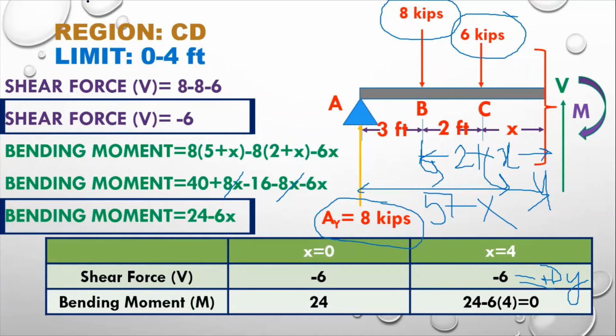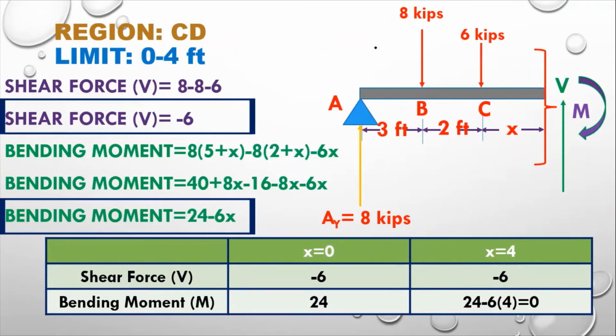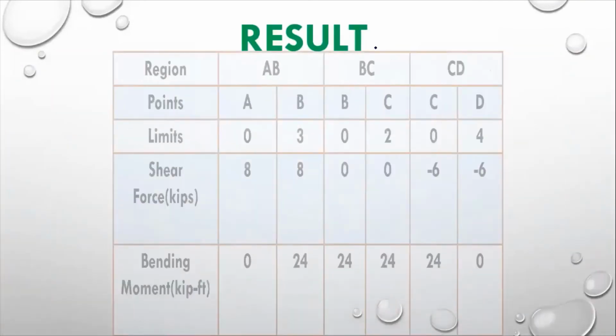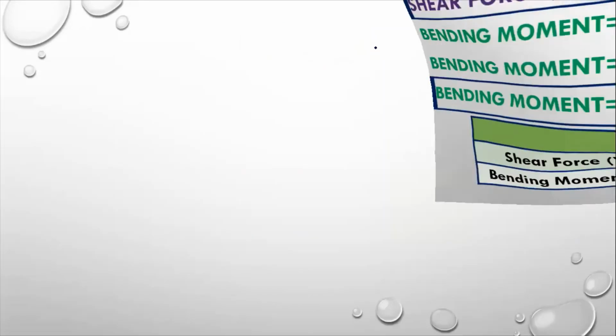So this is the way to calculate the regions, and we get the lower and upper limit values region wise. So I have cleared the mess I made to explain this to you. Hopefully it will be clear to you. Now I'm going to make the table of the values I got region wise. So you can see in this slide the result is here, the values of the shear force and bending moment.